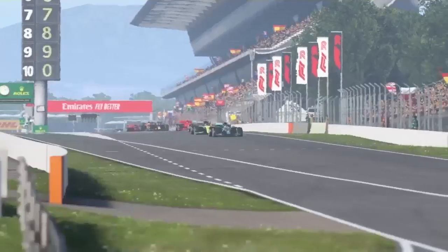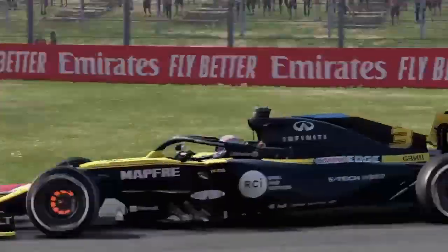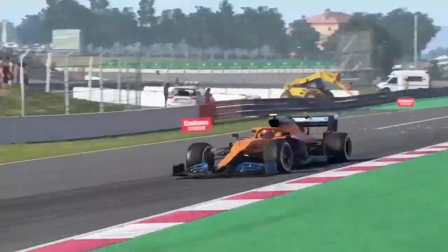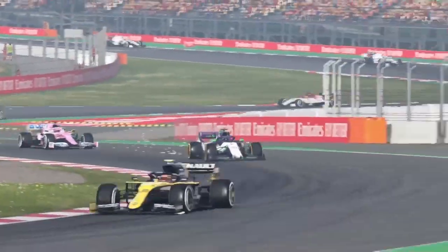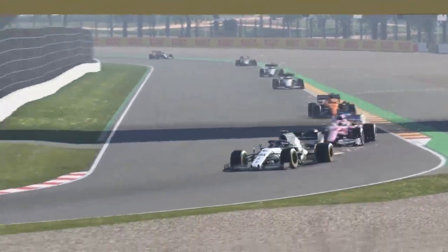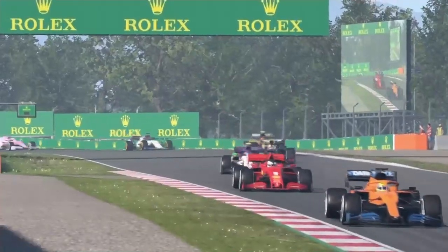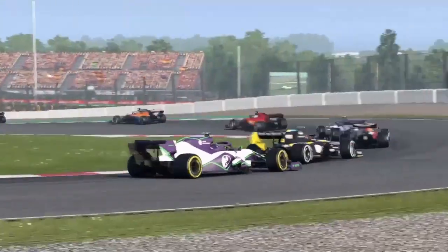It's green flag racing, but here comes Ricciardo. Will he go for a move on Bottas into the first corner? No, he decides against it. I think Ricciardo is just sussing out the situation, seeing what he can do next. And you guys can see just everybody heading into the first corner, but we are now chasing after the Renault of Esteban Ocon, and seeing as his teammate is battling the Mercedes, it's not going to be an easy move to make. And guys, basically when Bottas bolted, I was mid-corner, like halfway through the final corner,